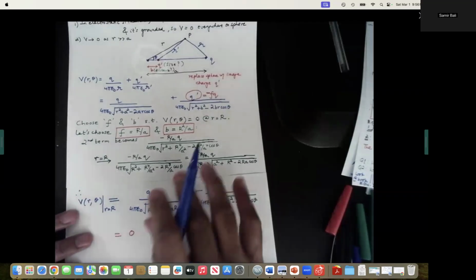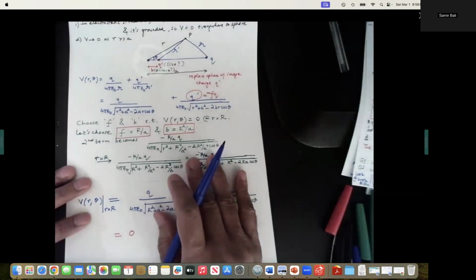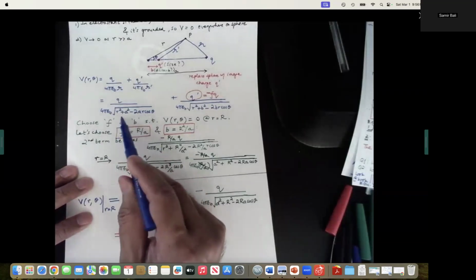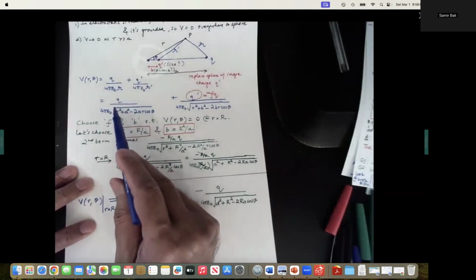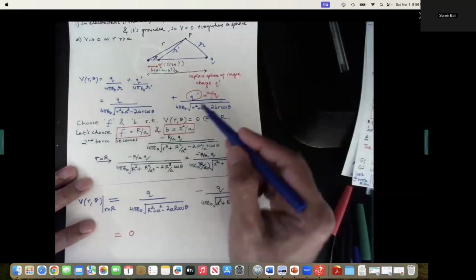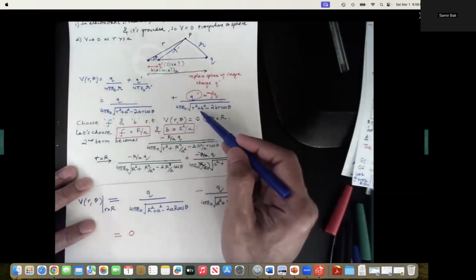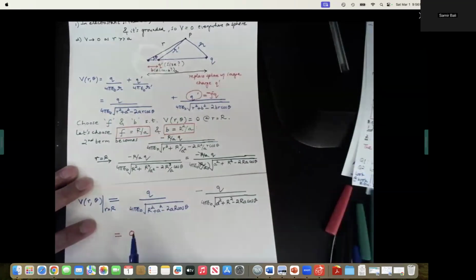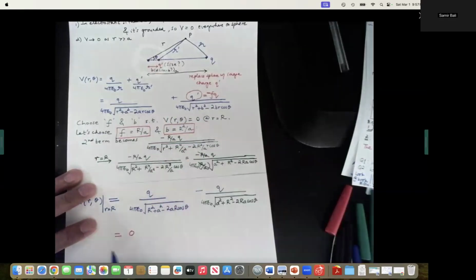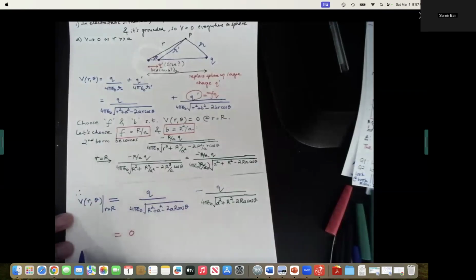to use this method. And obviously, the potential as R becomes much, much greater than a, right? Then you can neglect the a terms, and you're just left with q over 4 pi epsilon naught r in the denominator, same from here. And so the potential will go to zero as r becomes large, because they're both depending on 1 over r. So it all goes to zero. Both the boundary conditions are satisfied,